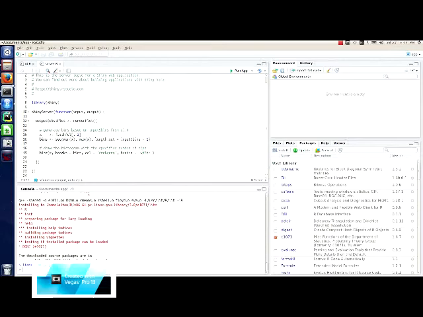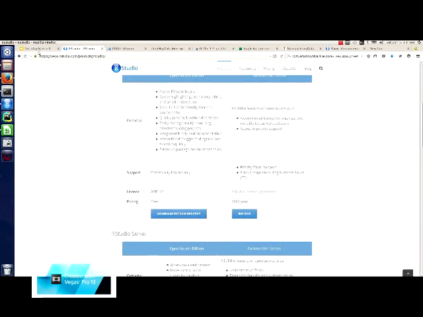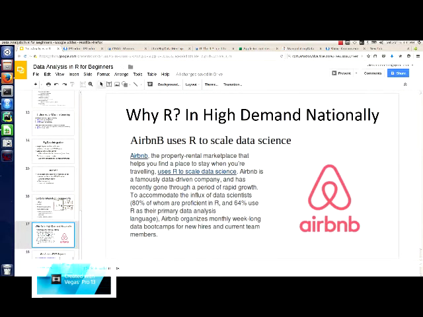But that's a great segue into the fact that R is in huge demand, and that's why I wanted to give this intro. In fact, nationally speaking, and even locally, there's a lot of requests for R, and even more fundamentally, the ability to use SQL, or to just be data savvy and to be able to understand data types and mash them together and derive insights.